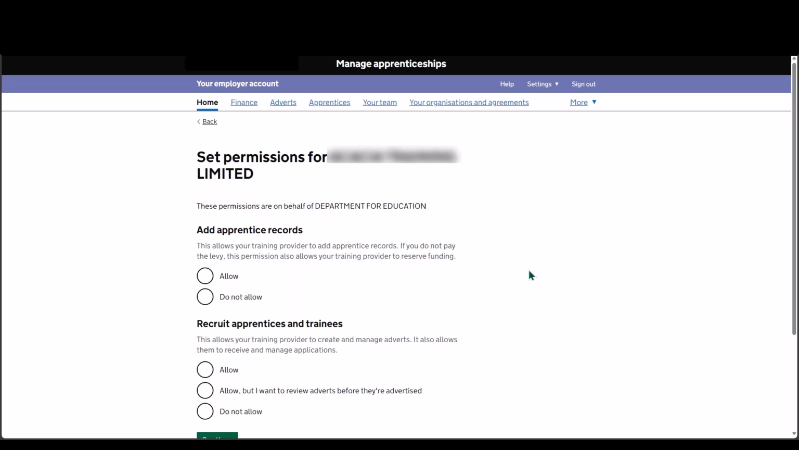Okay. On this web page, you have 2 types of permissions you can grant to the provider. The first is around adding apprentice records on your behalf. This means that the provider will have full control of reserving funding and adding the apprentice details. You will still get prompted with a final approval request before the apprenticeship is fully set up. This won't give providers full access to your account, and they won't be able to see any of your personal